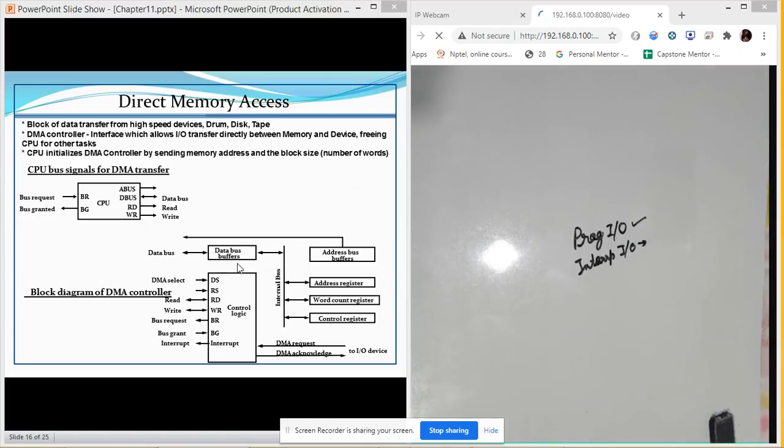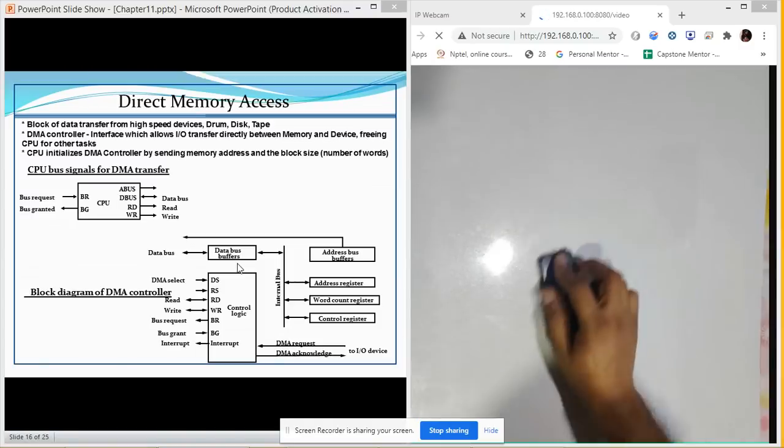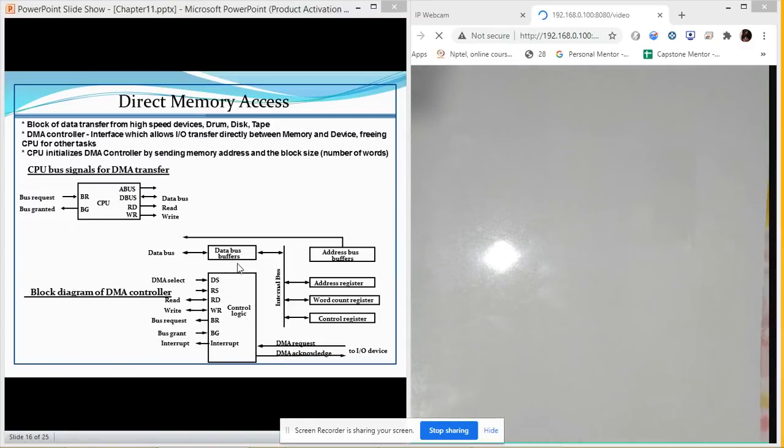Now, with the help of DMA, we can avoid this. In DMA, the CPU will not be involved in performing the input output task. The CPU will only be used to assign or grant certain values. It will only initialize the value of DMA, and once it has initialized the DMA, it is not going to perform any other task. Its only task will be to check whether the transfer was successful or not.